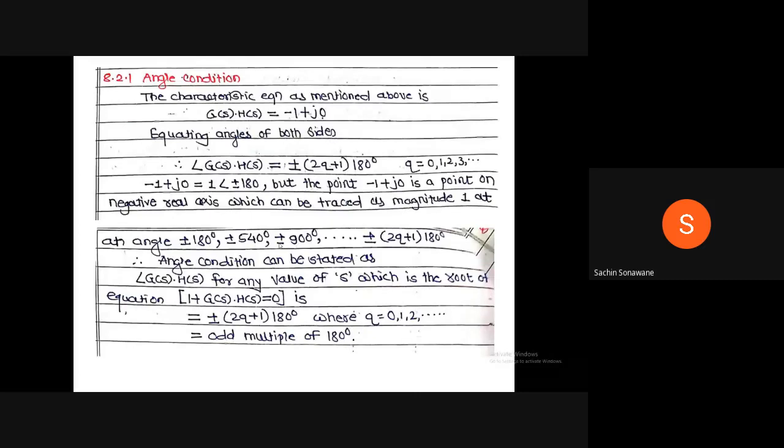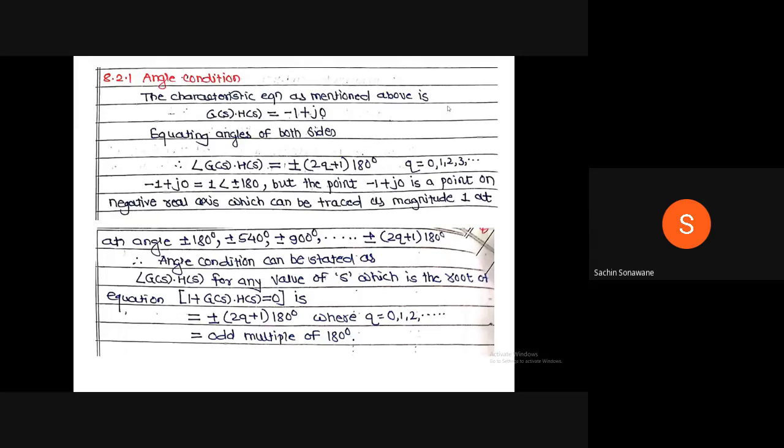Now what is my angle condition? The characteristic equation as mentioned above is G(s)H(s) = -1 + j0. Equating angles of both sides, therefore, angle of G(s)H(s) is equal to ±(2q+1)·180 degrees, where q = 0, 1, 2, 3, 4, up to infinity. Minus 1 plus j0 is equal to 1